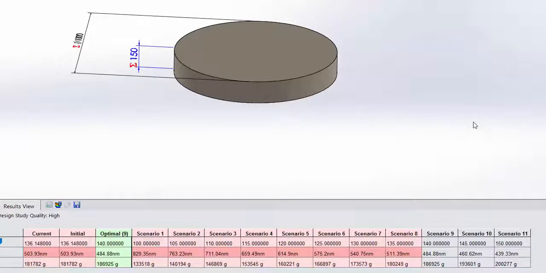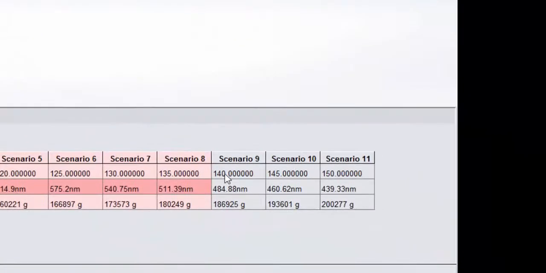We can now note from these results that as the thickness increases from 100 to 135, our criterion for the maximum displacement continues to fail, but is edging nearer and nearer to the 500 nanometers that we feel will be our optimal value. Upon crossing to 140 millimeters thickness, we now have an allowable displacement and what would be a minimized mass. We can probably refine this a little bit further by decreasing our range from 135 to 140 in